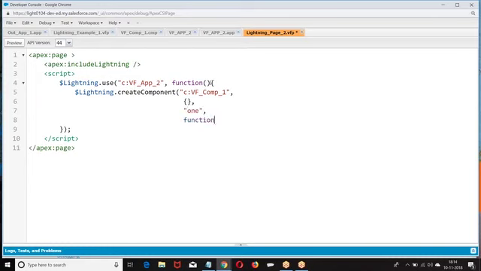Then you want to give a callback action. You can define it. This is how we are giving it.